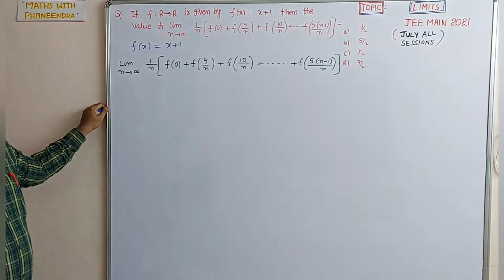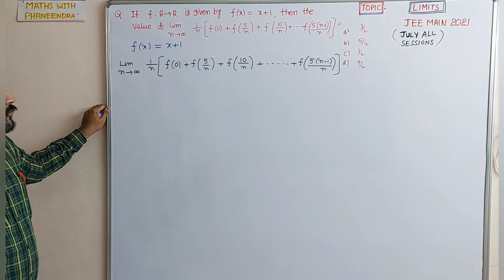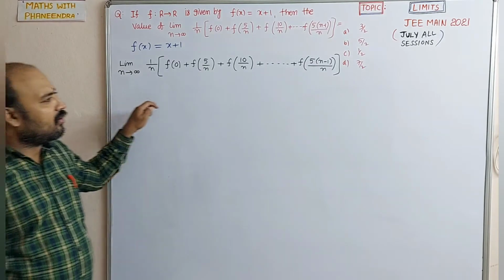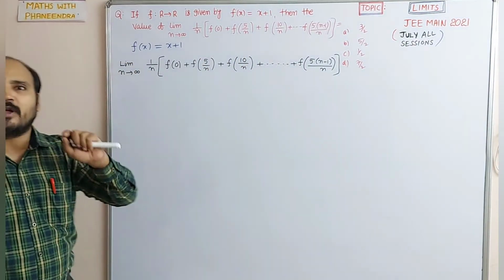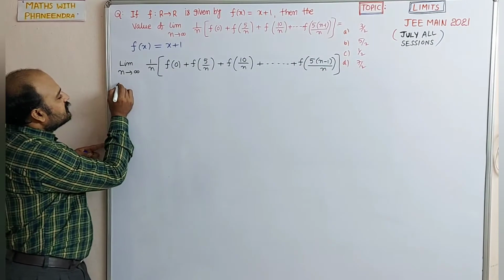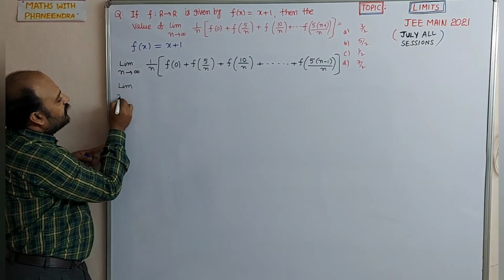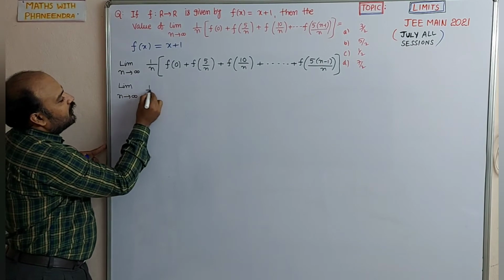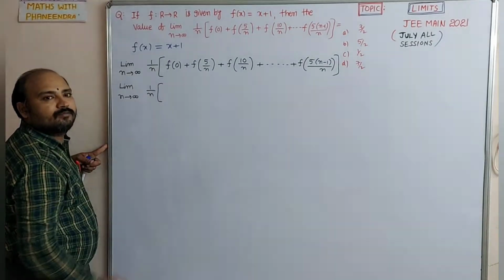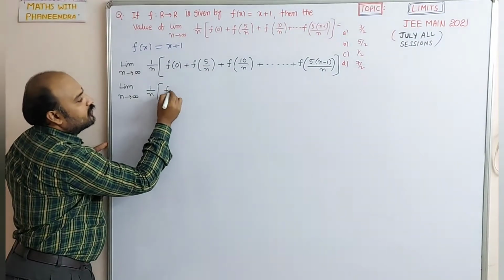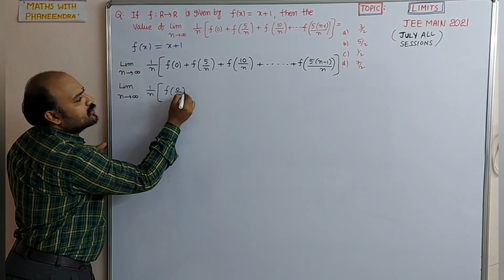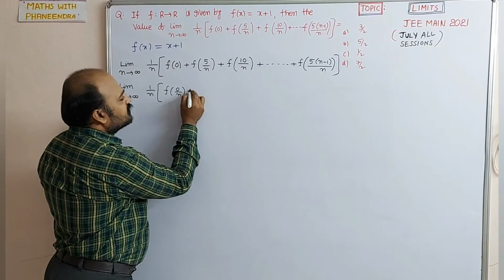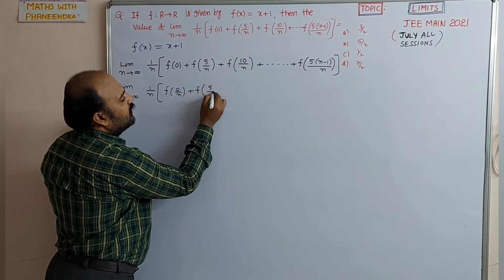This is the situation. By observing, all are 5 multiples: 5, 10, 15 and so on. So we know, can we write like this? Limit n tends to infinity 1 by n f of 0. 0 can be written as 0 by n also. We can write this as f of 5 by n